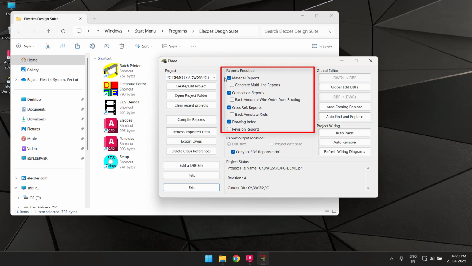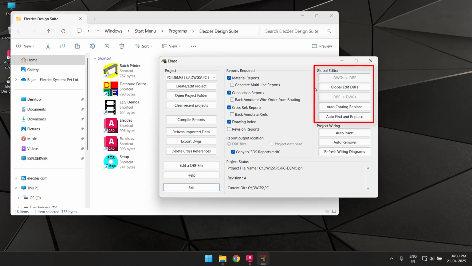When doing reporting in eBase, you'll need to select the reports and report types that you require. To generate reports, simply press Compile Reports. You can choose to have the reports stored in your SQL database or stored as DBF files in your file system. eBase provides a button that initiates a refresh of all tables imported to your drawings. eBase also provides a tool to export drawings to simplified DWG, DGN, and if required, PDF files. PDF files can be assembled into a multi-drawing PDF pack.